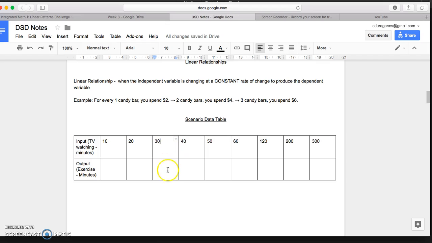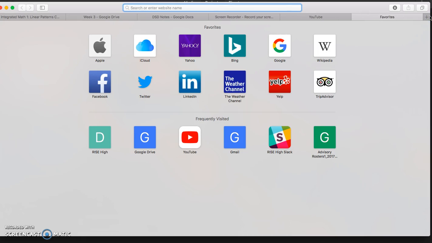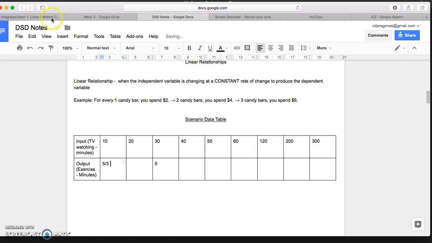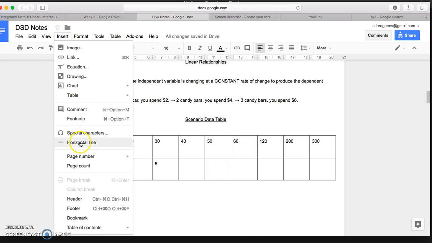So for me, every 30 minutes of TV means I have to exercise for 5 minutes. So it means that a third of that, right? So 10 minutes is a third of 30. I would have to only do 5 divided by 3 minutes of exercise, which is about 1.67 minutes. So this is approximately equal to